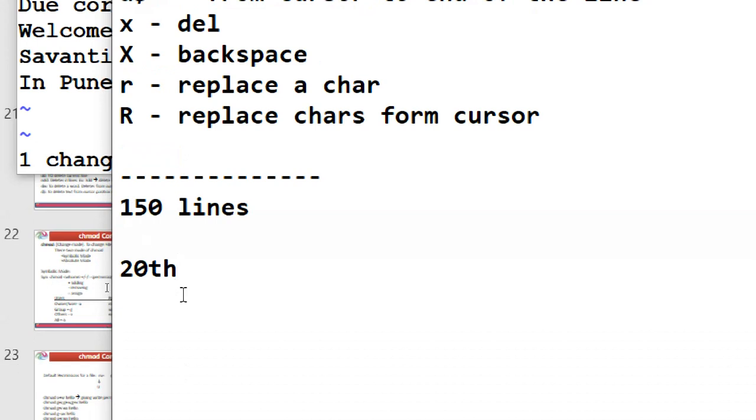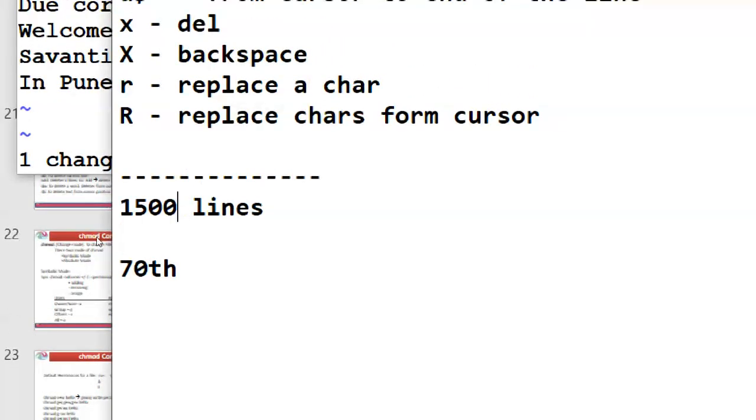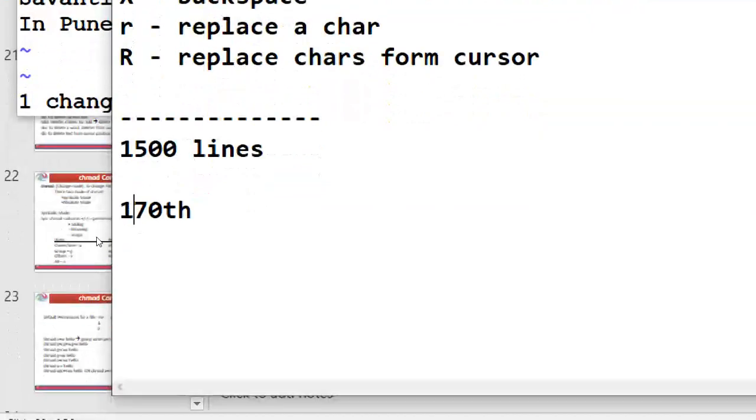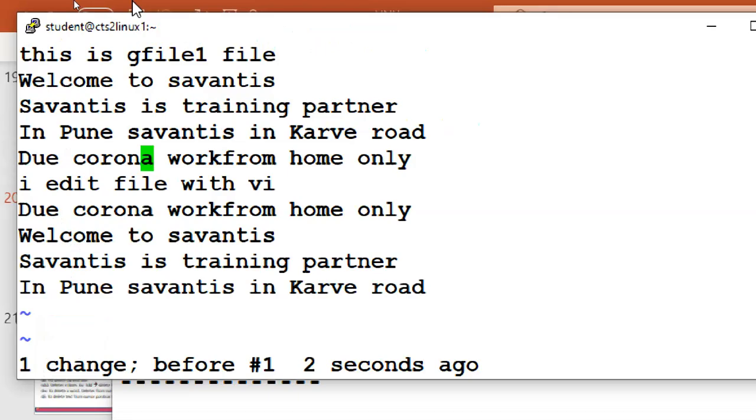With 150 lines, you have to go to, for example, the 70th line. So are you going to count 1 2 3 70 times? It's okay. You have around 1500 lines, then you have to go to the 170th line, or maybe the 570th line. Can we do it? We can do it, right?